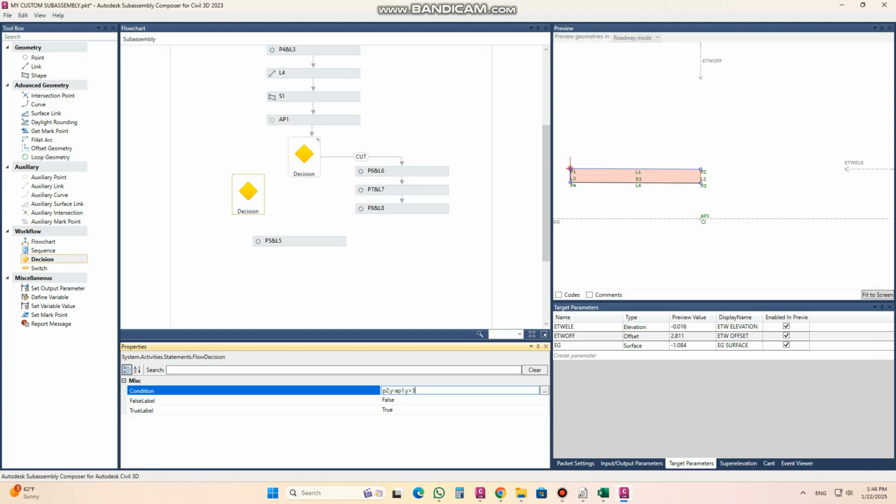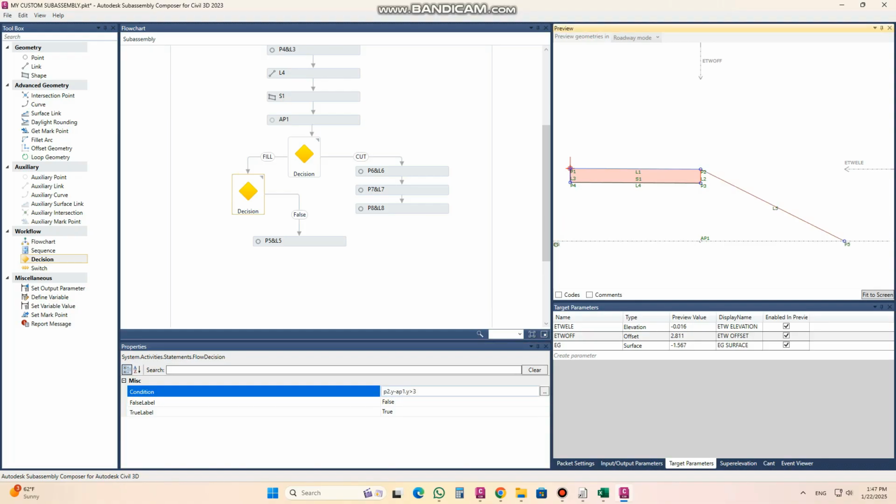As I link this one and I move my existing ground, you can see in the false condition, the link side slope goes directly to the surface, the existing ground. I will zoom out a little bit. Now it's inside. If it is more than 3 meter,